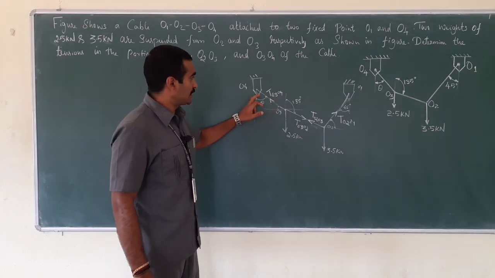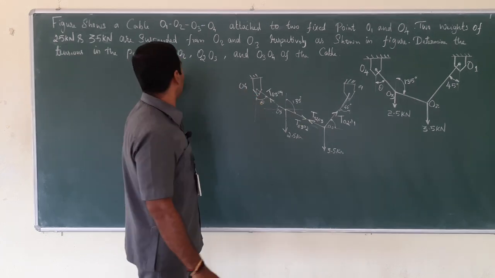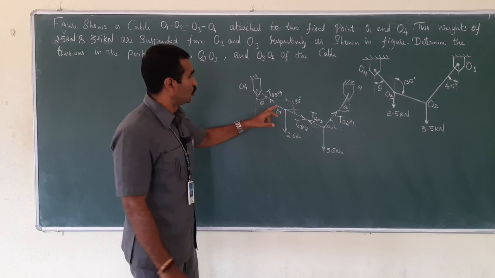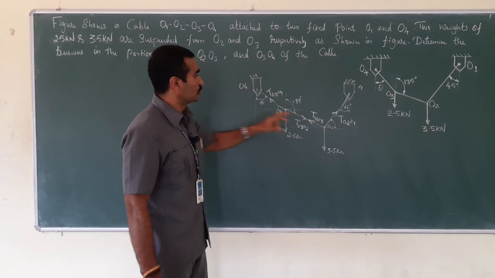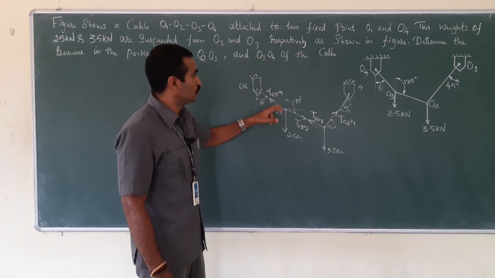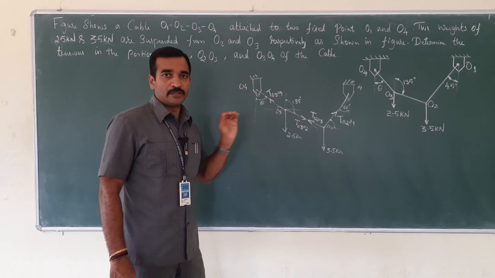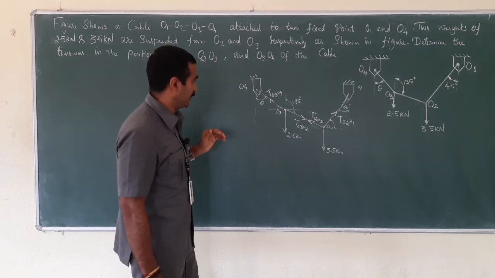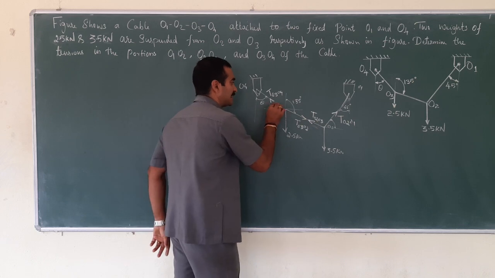See, as far as this angle is concerned, this is the one which we need to find out, and all the tension forces, that is O1 to O2, this tension we need to find, O2 to O3, this tension we need to find, O3 to O4, this tension needs to be found out from this diagram. So, as far as here, this theta is given, therefore, this is unknown. Let me just consider this as theta 1.